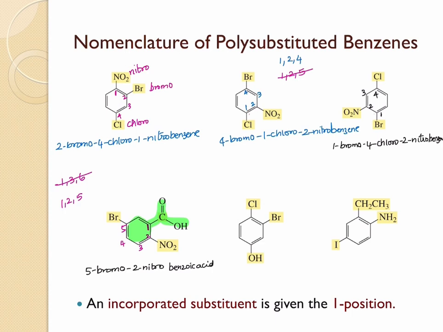Let's go on to the next problem. Here we do have a functional group, hydroxy group. By default, this carbon right here will be number 1, and you have to reach the second and the third substituent with the shortest distance. You cannot go in this direction. Instead, you have to go in the anticlockwise direction. So 2, 3, 4, and that would be 3-bromo,